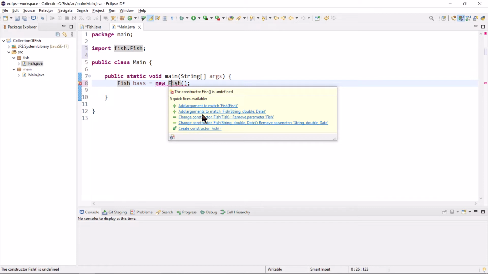Another option is that I can use one of the other 2 existing constructors. And the one I want to use is the one that takes the string, the double, and the date. The copy constructor doesn't do me any good. That's the first quick fix it's suggesting, because I don't have anything to copy right now. I'm going to go ahead and take the second fix,